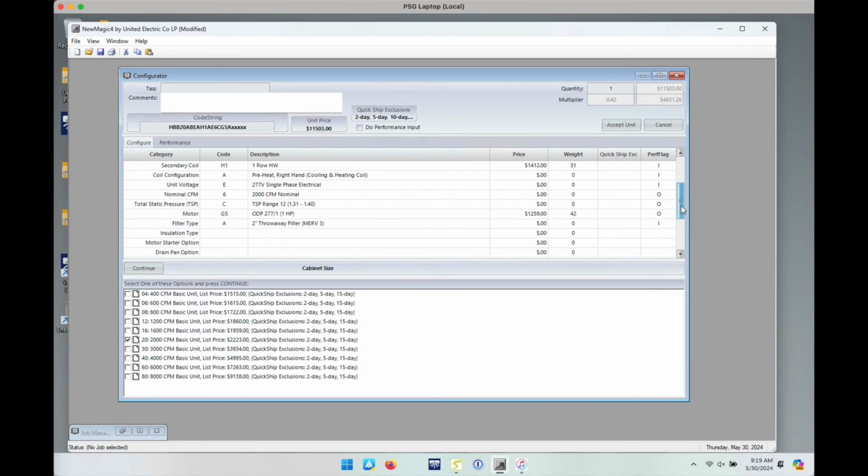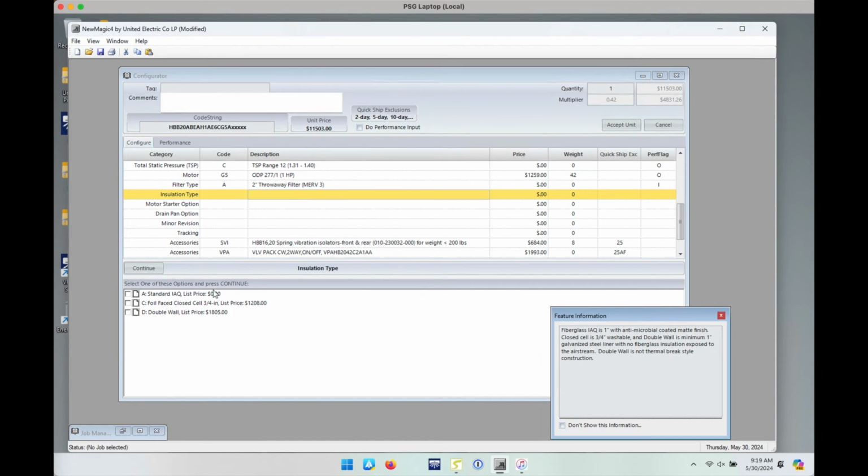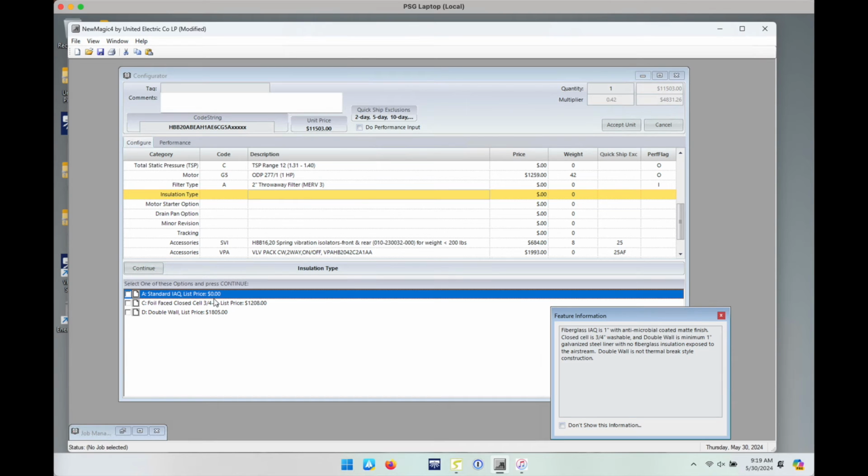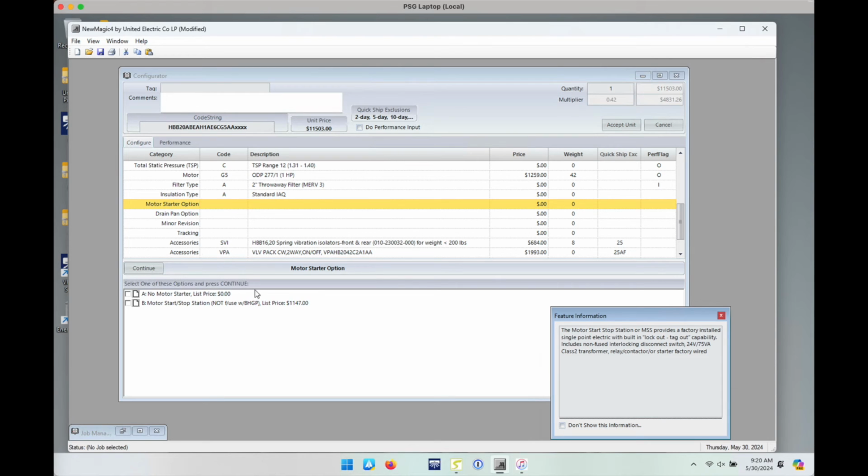So we'll scroll down. Installation type. Standard is the no cost. I think it's like a 1 inch or ½ inch installation, and then you can go above that if they need to. Motor starter option. This is only on the HBB. I will always include this because it'll give the contractor all the options. It'll give you a 24 volt terminal for adding a thermostat. It'll give you the motor start stop for starting the fan coil,